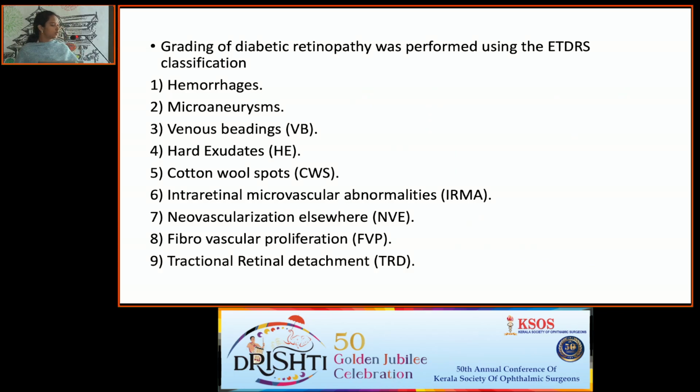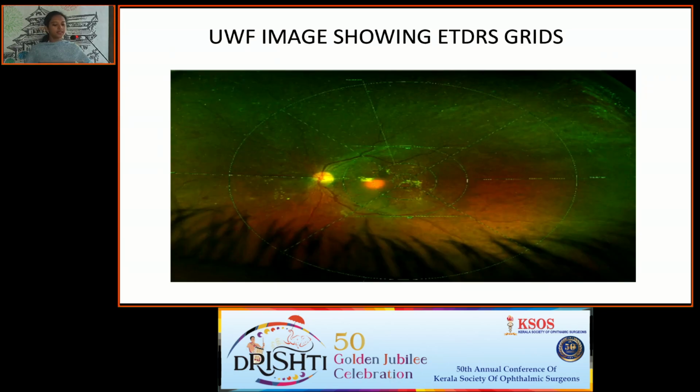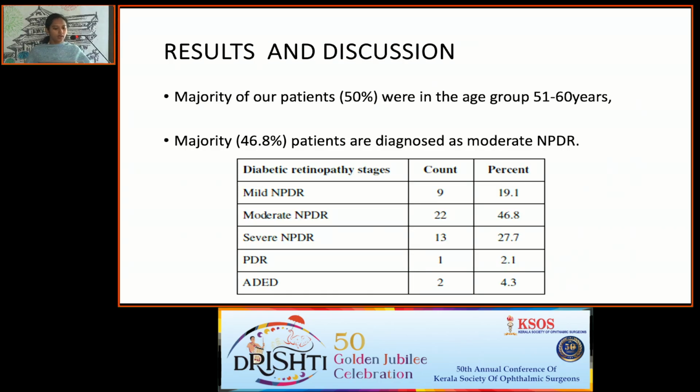These are the lesions that have been studied. Hemorrhages and microaneurysms have been quantitatively calculated using markers. Other lesions have been assessed by whether they are present or absent. Hard exudates are quantified based on the picture given below. This is the ETDRS grid, and the number of grids involved is calculated, and the significance is measured. Coming to the results and discussion, the majority of patients were in the age group of 51 to 60 years,